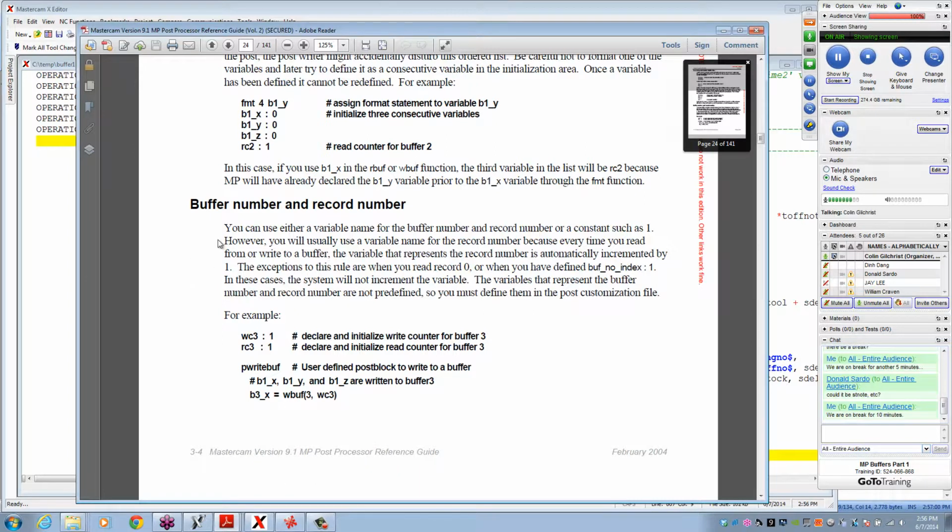You can use either a variable name for the buffer number and record number, or a constant. However, you would usually use the variable name, because every time you read from or write to a buffer, the variable that represents the record number is automatically incremented by 1. The exceptions to this rule are when you read record 0, or when you have defined buffer no index set to 1. In these cases, the system will not increment the variable. The variables that represent the buffer number and record number are not predefined, so you must define them in the